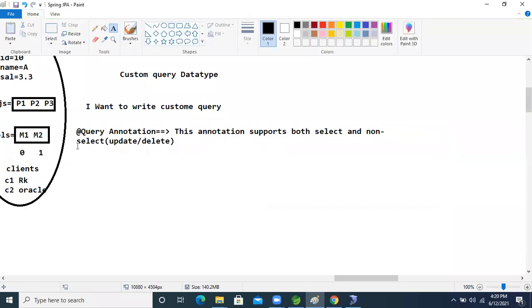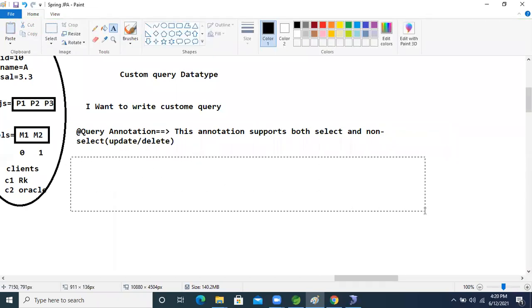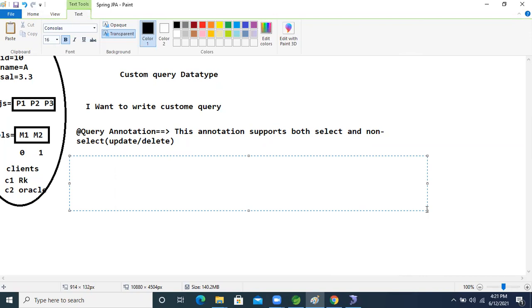Okay, so fine now guys, using the @Query annotation we can perform both operations.